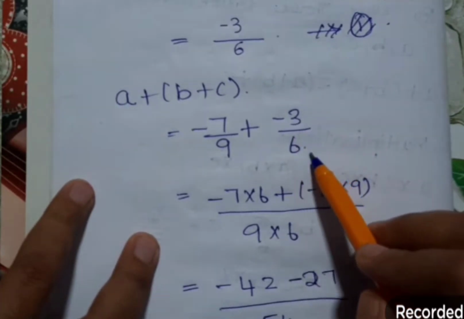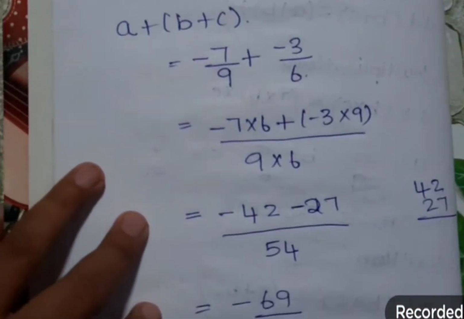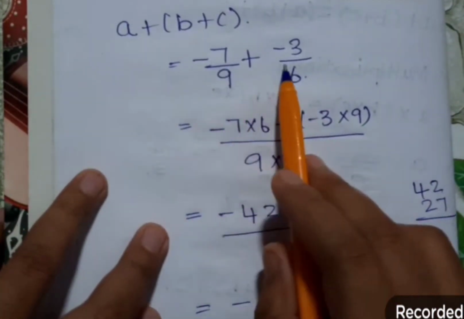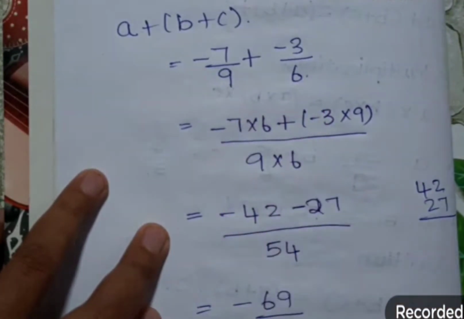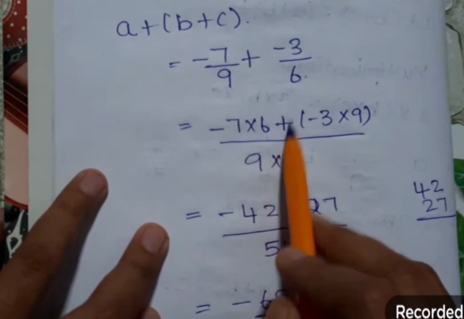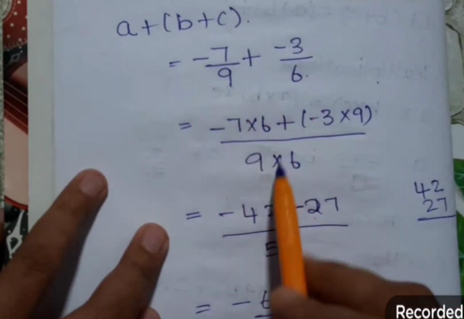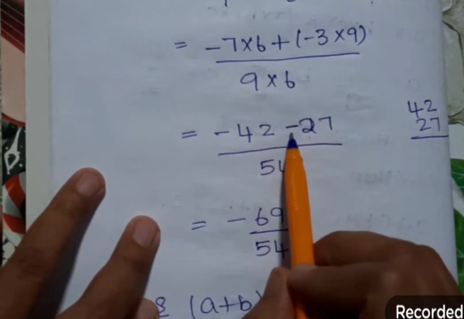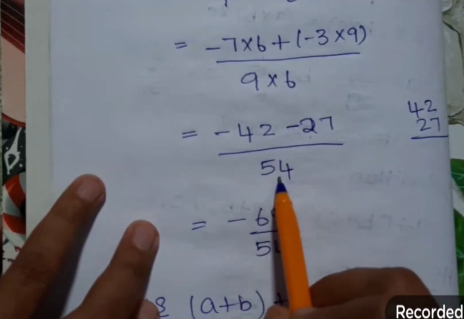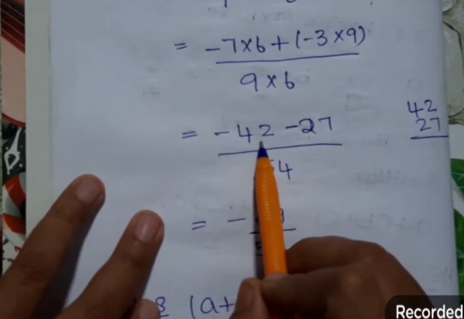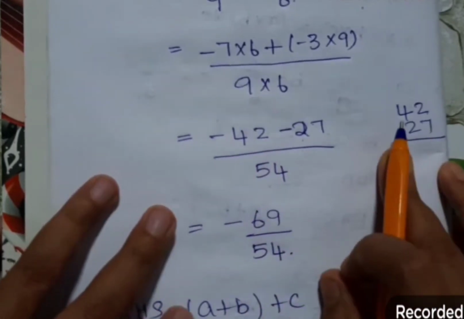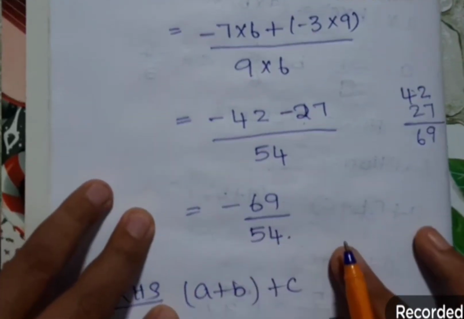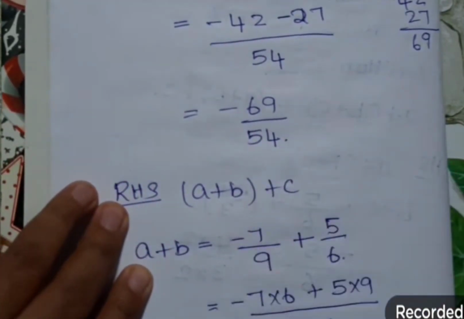So A value and B plus C value is substituted here. Take LCM for 9 and 6. If you take LCM for 9 and 6, you will get. So just cross multiply: minus 7 6s into 6 minus 3 into 9 divided by 9 into 6. So 7 6s are minus 42, minus, plus into minus will come, 3 9s are 27, divided by 54. Okay, minus 42 minus 27, both signs are the same, so I have to add. 7 plus 2 is 9, 4 plus 3 is 6 2... so minus sign will occur. So minus 69 by 54.